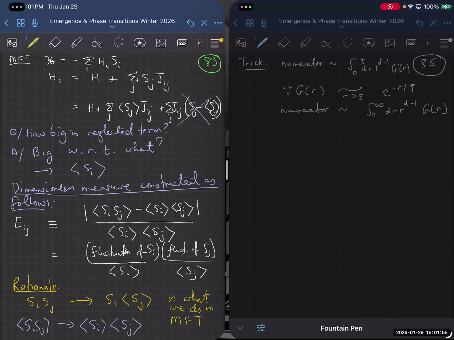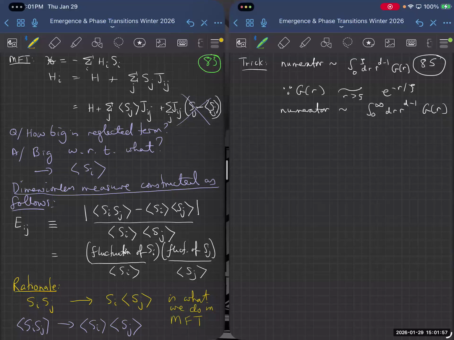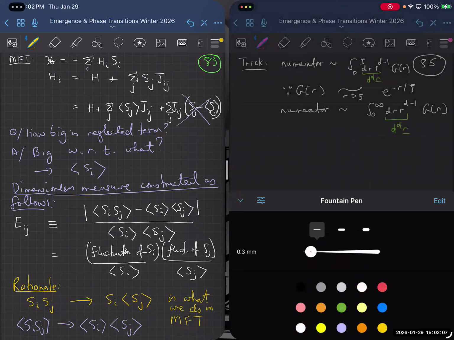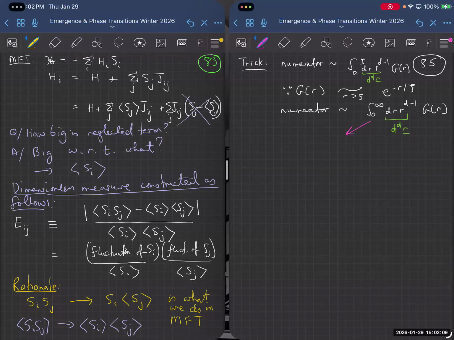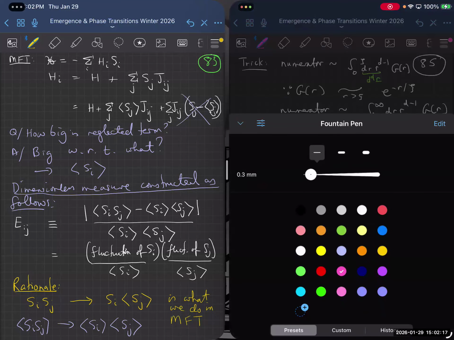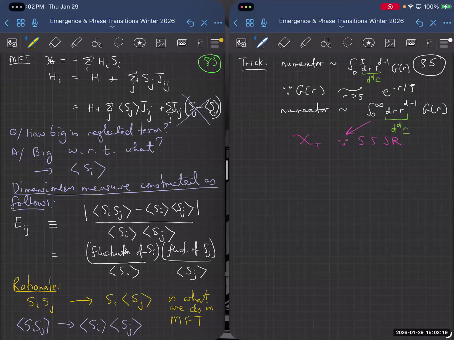And this, I'm writing this down here because this is just dr up to a surface factor. And then this thing we know is the isothermal susceptibility because of the static susceptibility sum rule. So that means then that we can write down